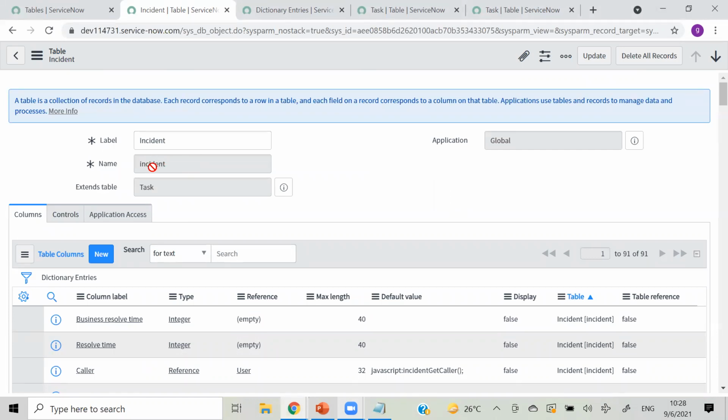So for example, we are taking incident. We will explore this incident table, and then we will create a separate table for this. Now you have seen how fields are shown: when you open a table, it shows in columns what fields are in the dictionary entry. So just remember this dictionary entry because we will use it in future also. This is a regular concept; we will work with dictionary entries every day in ServiceNow.